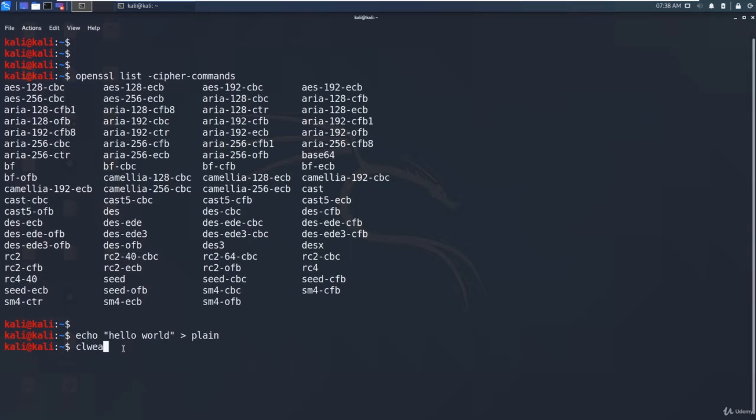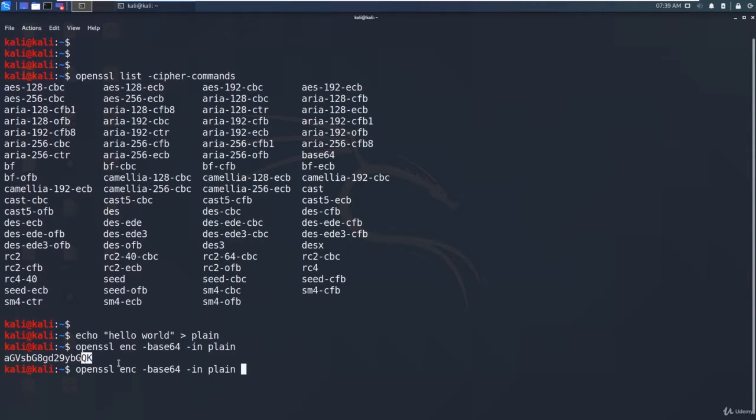So what we are going to do is we are going to say openssl, and we need to specify enc, and afterwards we need to specify the encryption algorithm. Let's say base64. You need to specify a hyphen to indicate this as an option, like an argument, and base64, and we need to specify the input file. So say -in and type the plain text file name, that is plain. Now we have got this output. This is the base64 output.